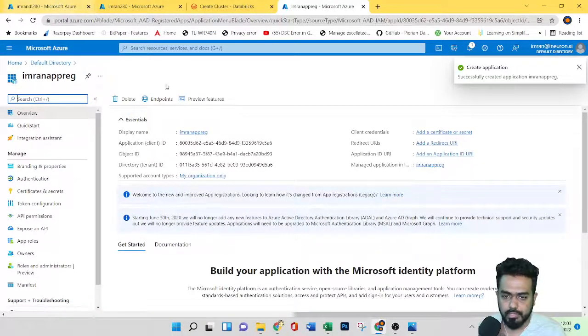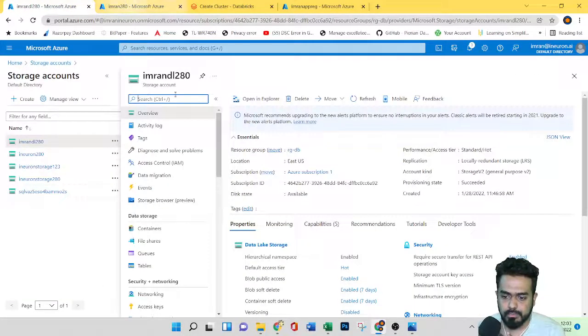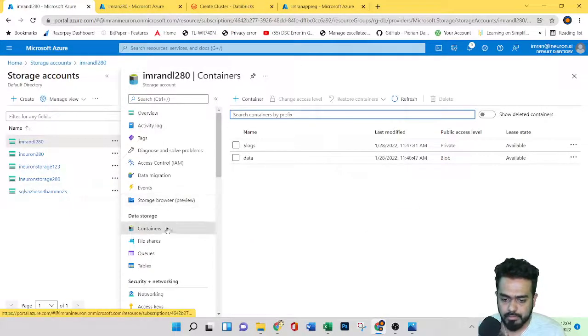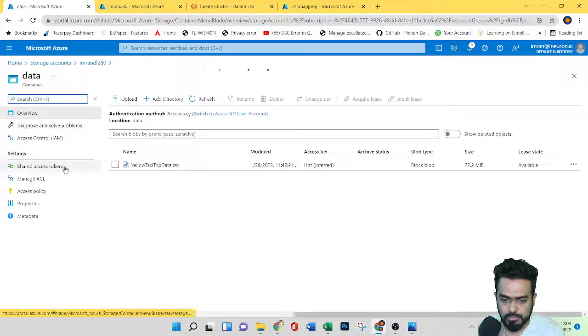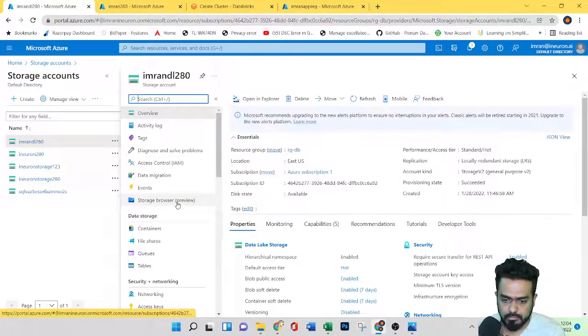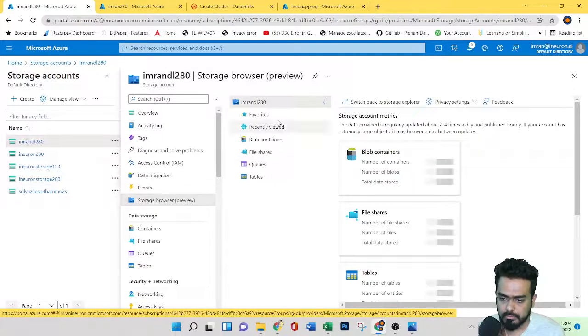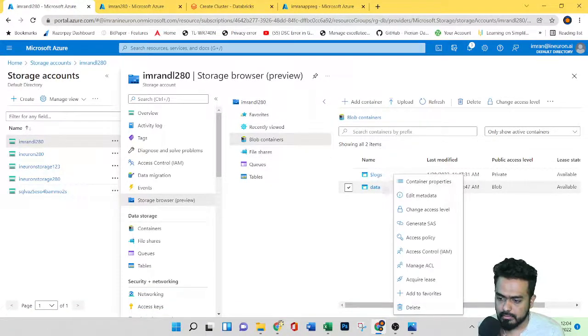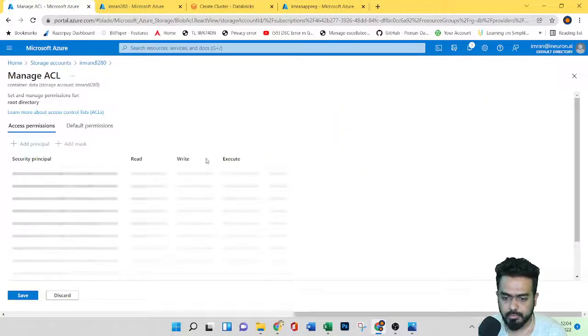Now if I go to my data, that is containers, you can go to manage access control, so manage ACL.